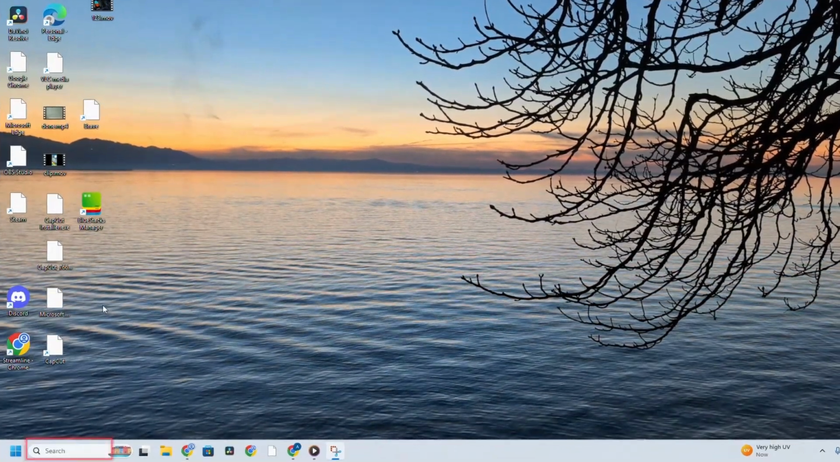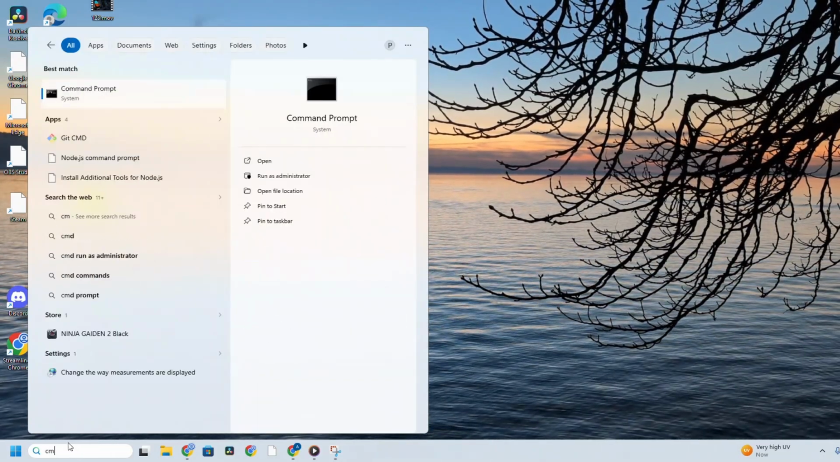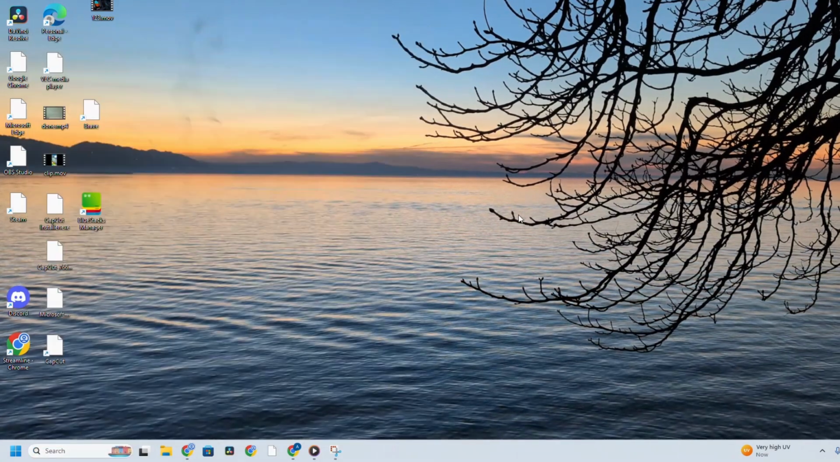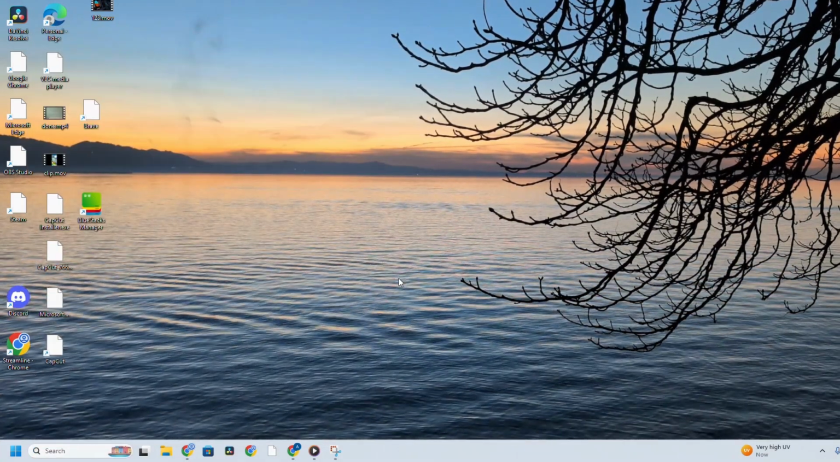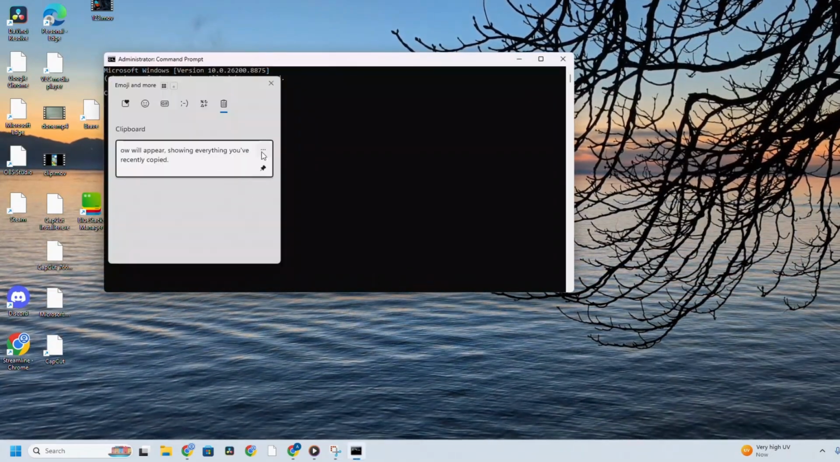First, click the Search button on the taskbar. Type CMD, then right-click Command Prompt, and select Run as Administrator. If Windows asks for permission, click Yes. Now enter the following DISM command: